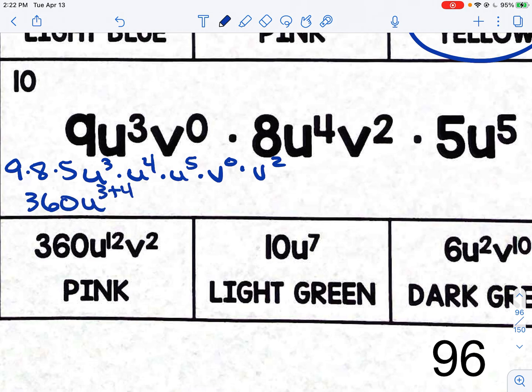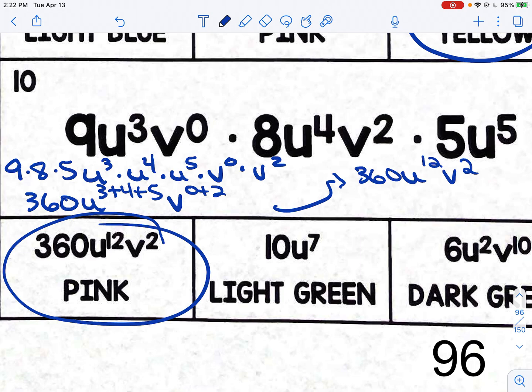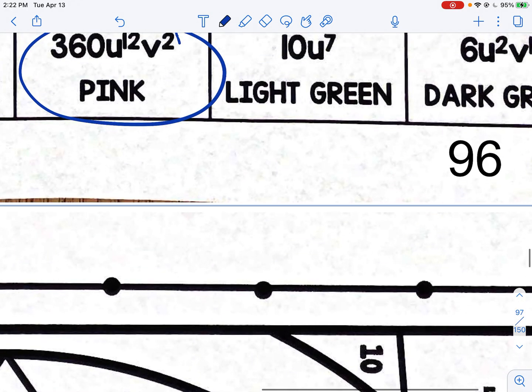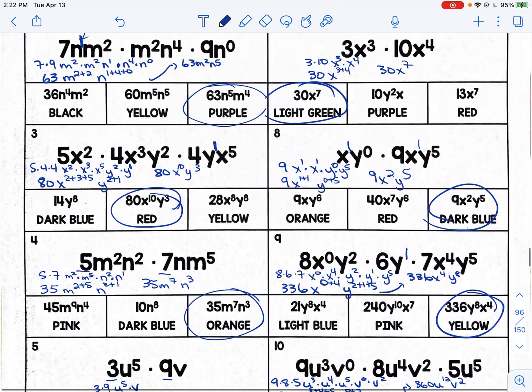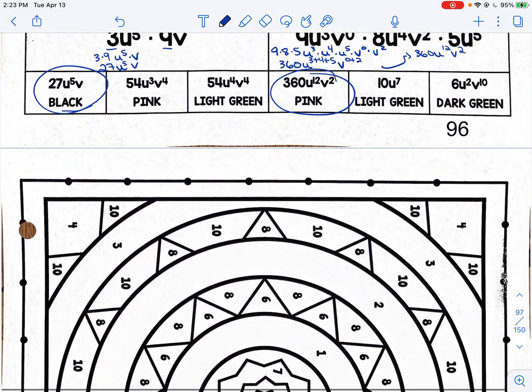U, 3 plus 4 plus 5. V, 0 plus 2. So that would get me 360 u to the 12th, v to the 2nd. Oh, and voila, that's it. And then you would just color